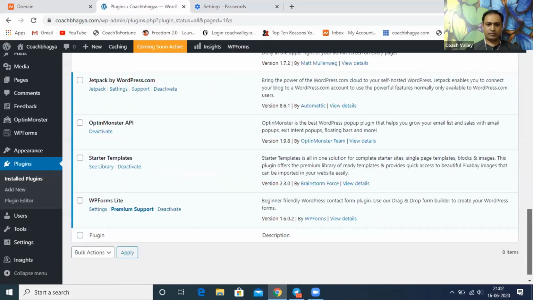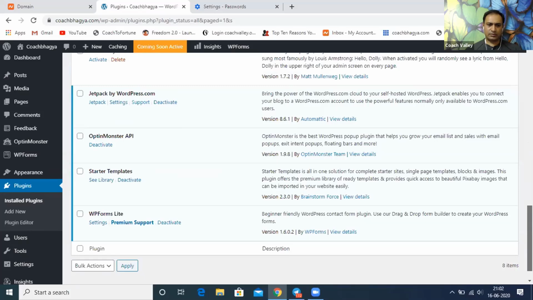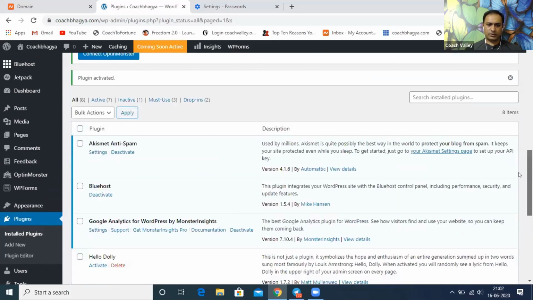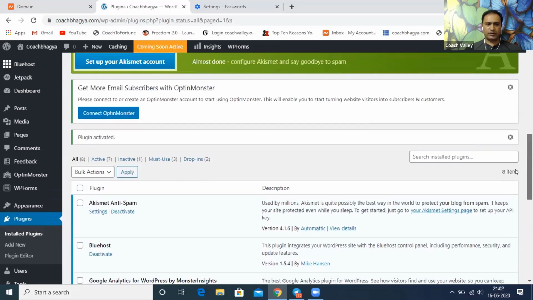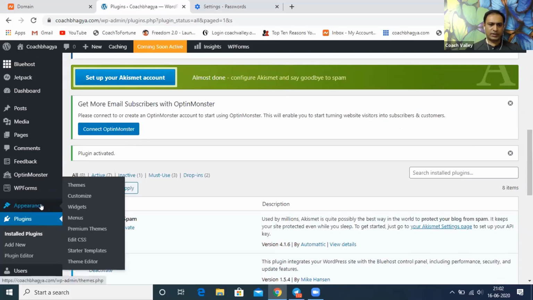So did it complete? Okay, I see the starter templates there. Let me go ahead and check if it's completed. Go to Appearance now, left hand side. Okay, now I think it must have completed.